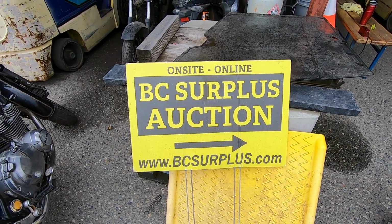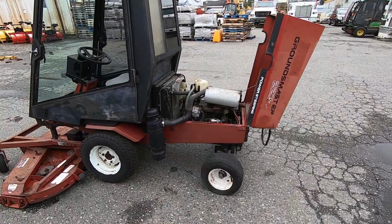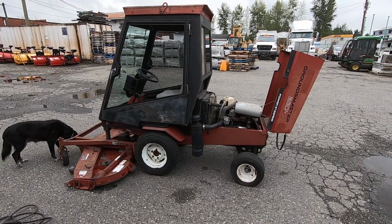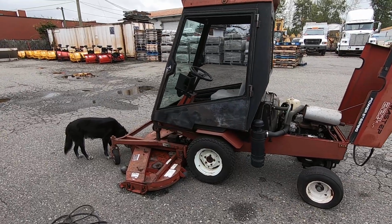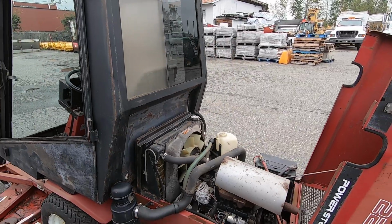Okay, we have lot number P1001. This is coming up in our September government surplus and online estate auction, and no, Bates is not included. He's just sniffing around. We got a Toro Groundsmaster